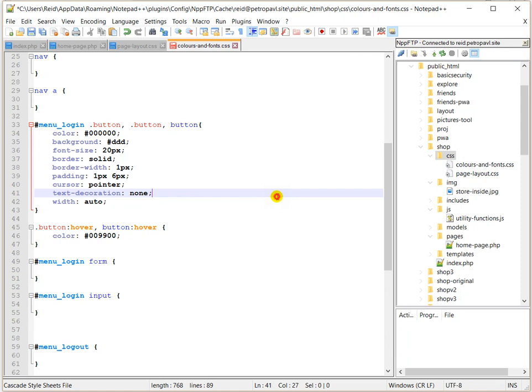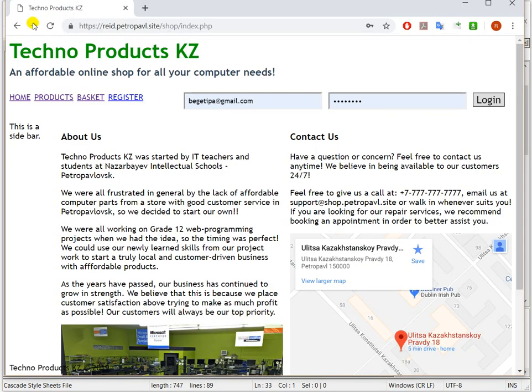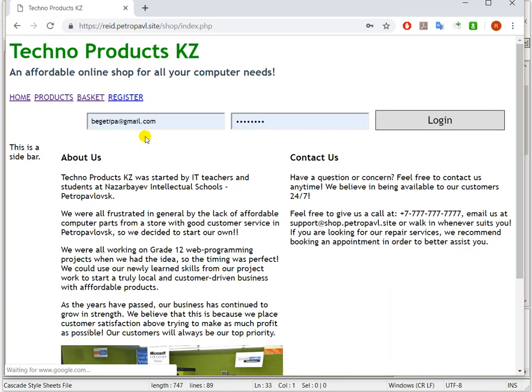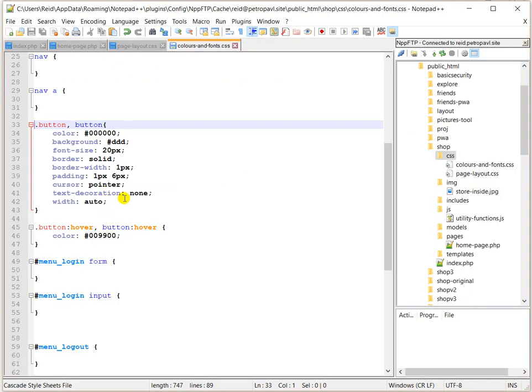I'm not sure if you actually needed this, because I think this covers all of that. Let's just try that. Refresh our page here. You can see when I hover over it, it changes, but not exactly like I wanted it to,